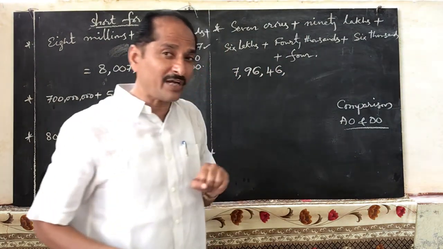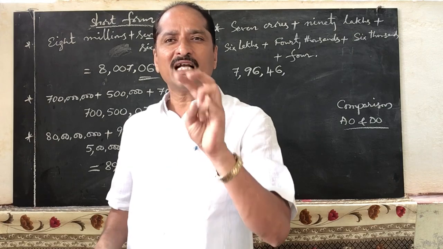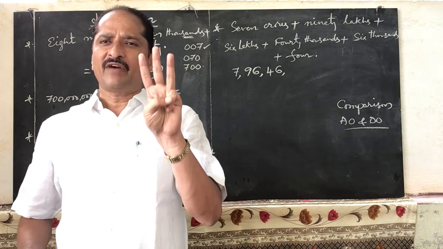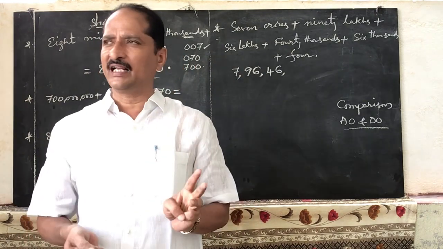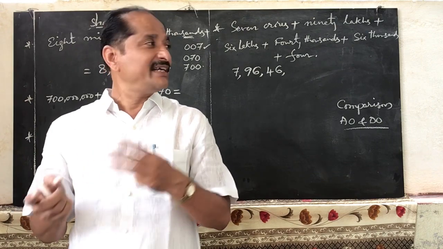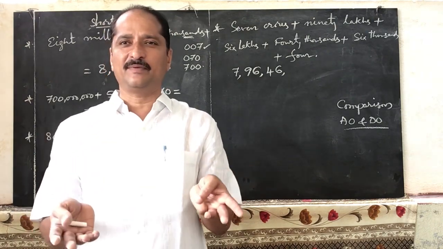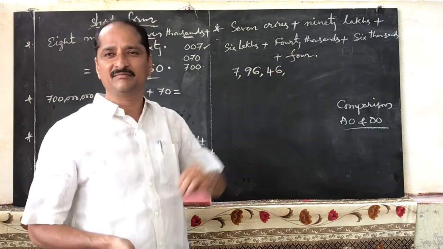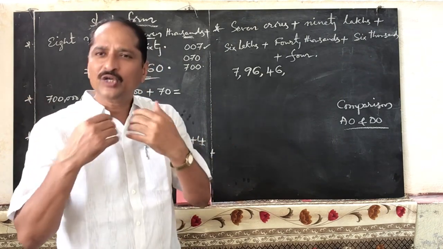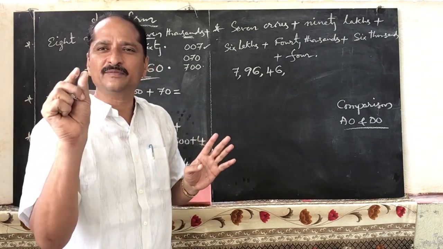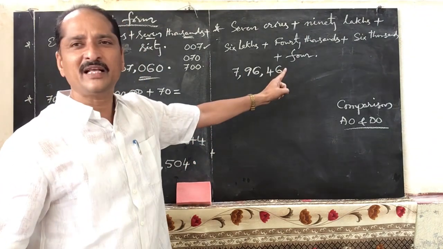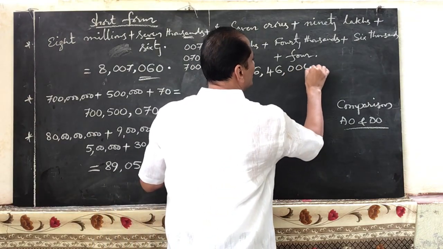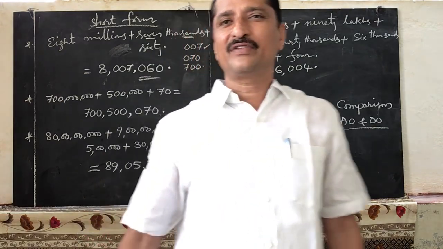Next, more than thousands period what we have? Units period. Units period should contain 3 places. What are the 3? Hundreds, tens, ones. Hundreds, you will get 500 or 700 or 400, 300 like that. But tens means 90, 70, 40, 20, 10 like that you will get in the tens place. So how many hundreds we have here? Only 4 he has given. That means there is no hundreds, no tens. So in hundreds place and tens place we should place zeros, and in ones place we have 4. So write down 004.